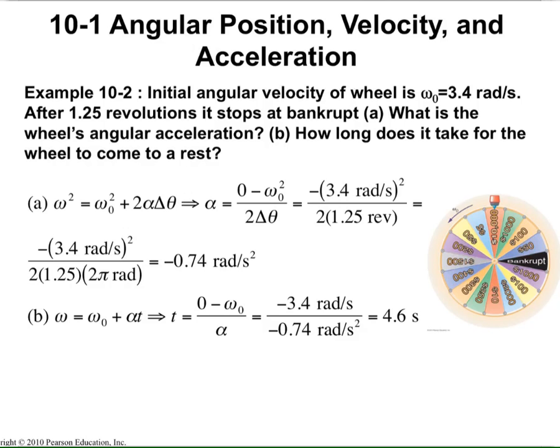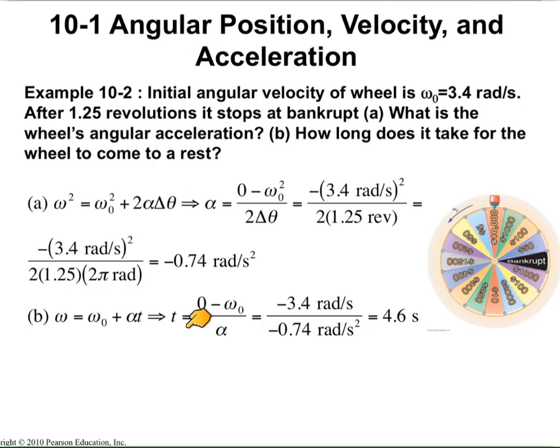The next is to find the duration, the time from which this initial velocity gets to zero velocity. For this, again, you can use this initial and final velocities plus angular velocities plus alpha times t. So it is very easy to solve for t, and you know initial angular velocity is given minus plus 3.4. This minus comes from the equation, but we have also minus angular acceleration, so this total time must